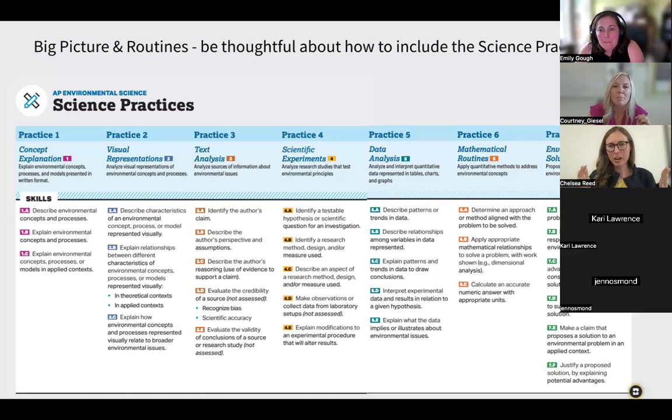So the 7 science practices that are part of our course, this might be small on your screen, depending on what screen you're on. So we'll also share this slide, but this is in the course and exam description as well. So there's a lot of different things that are skills that students are going to have to do and practice for the exam, and that we want them to get comfortable with, just like as little environmental scientists and